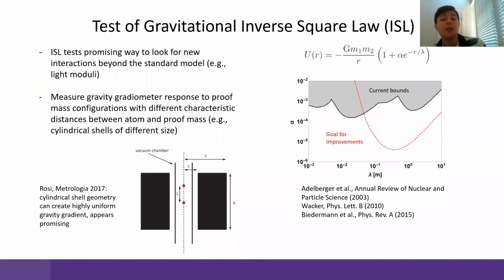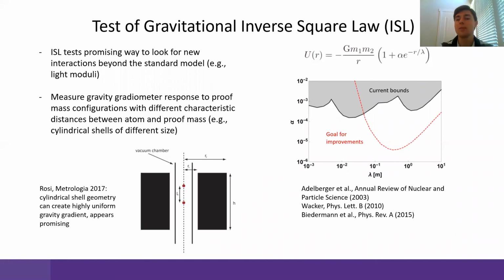I would now like to say a few words about Tim Cavacci's work at Northwestern. Tim's group is constructing a 2-meter strontium interferometer that will be used for gravitational studies. One promising research direction is a new test of the gravitational inverse square law. The idea is to perform a more accurate search for short-range Yukawa forces at length scales of 10 centimeters to 1 meter by measuring the gravity gradient induced by a well-characterized source mass.